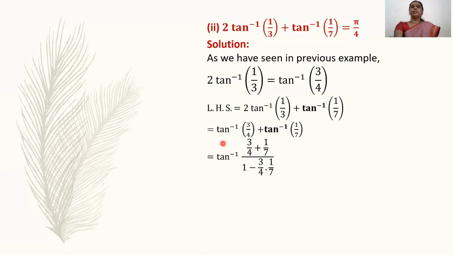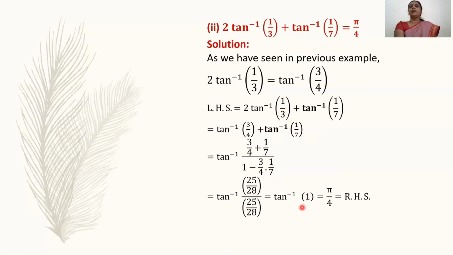For this tan inverse 3 by 4 plus tan inverse 1 upon 7, we will write tan inverse of 3 by 4 plus 1 upon 7 divided by 1 minus 3 by 4 into 1 upon 7. After simplification, this will be tan inverse of 25 divided by 28, and in the denominator also 25 divided by 28. Okay, this is 4 into 7, 28, and this is 21 plus 4, that is 25, and again here the LCM will be 28, and this is 28 minus 3, 25. Okay, and this tan inverse of 25 divided by 28 over 25 divided by 28 will get cancelled, and this is nothing but tan inverse 1.